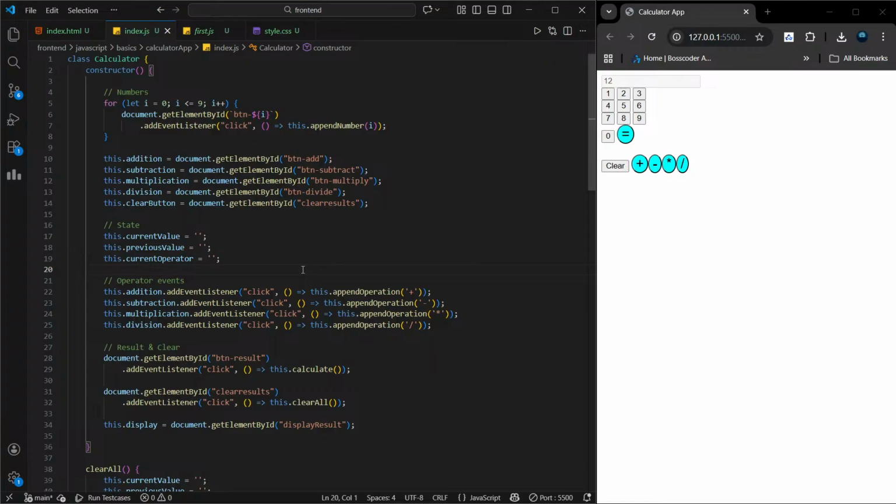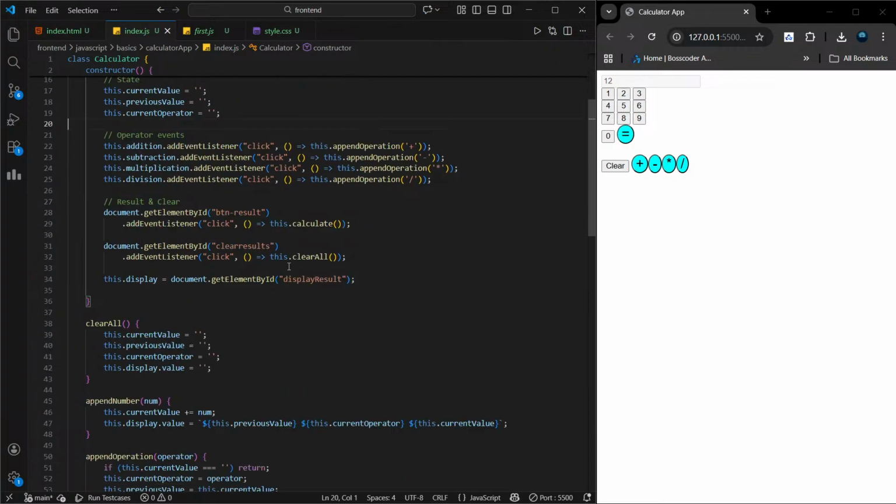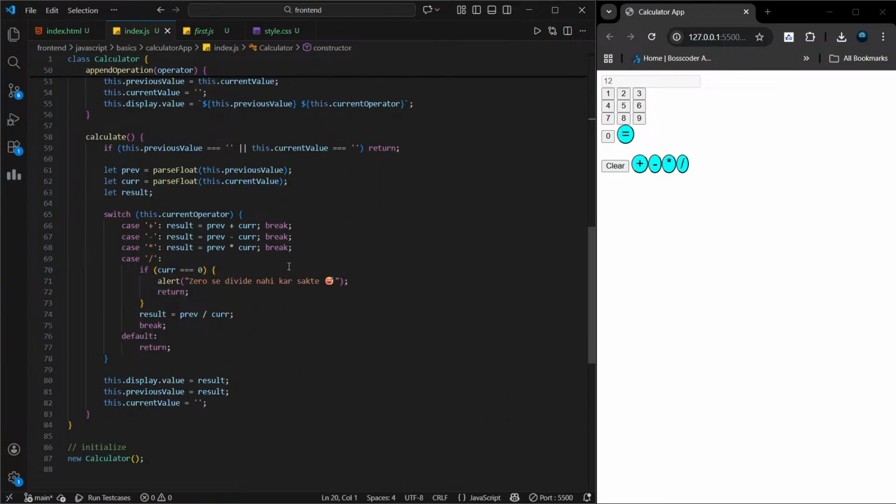हाँ, समझ गया। असल में तुम्हें कैलकुलेट के बाद स्टेट रीसेट करना होगा। जैसे ही एक बार रिजल्ट आ जाए प्रीवियस वैल्यू और ऑपरेटर को क्लियर कर दो। इस तरह अगला ऑपरेशन फ्रेश स्टार्ट होगा। बस कैलकुलेट के बाद एक छोटा सा रीसेट स्टेप जोड़ दो, फिर सब सही चलेगा। वो मुझे कैलकुलेट फंक्शन में लिखना रहेगा, राइट? हाँ बिल्कुल सही। कैलकुलेट फंक्शन के आखिर में या रिजल्ट सेट करने के बाद तुम प्रीवियस वैल्यू और ऑपरेटर को खाली कर सकते हो। इससे हर नए ऑपरेशन के लिए तुम्हारा कैलकुलेटर एक फ्रेश स्टेट से शुरू होगा।